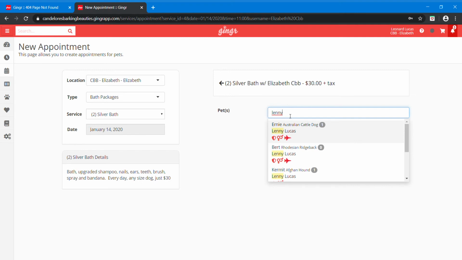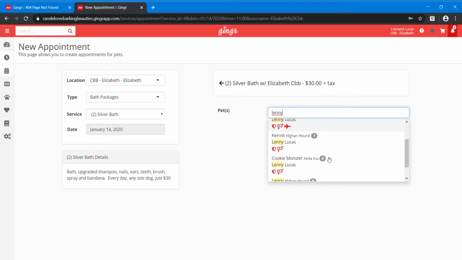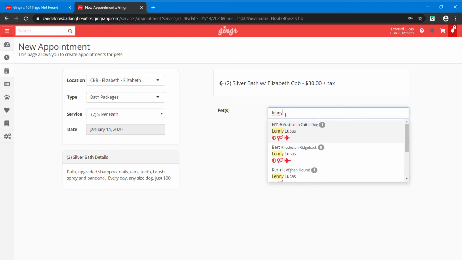As the customer who's coming in with a dog, I'm the owner, so I can search the owner's name to find all of their pets. Bam. Or, like I showed earlier, you can search by phone number. And as you start to get towards my phone number here, you'll see all of my pets that are available. Otherwise, if I know the pet's name offhand, say I want to do Bert,